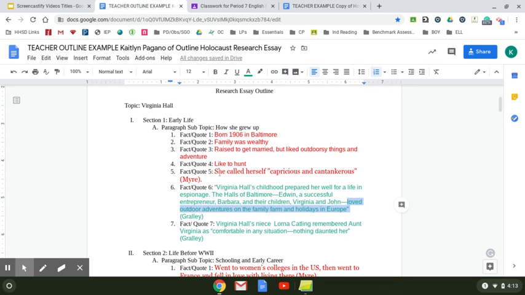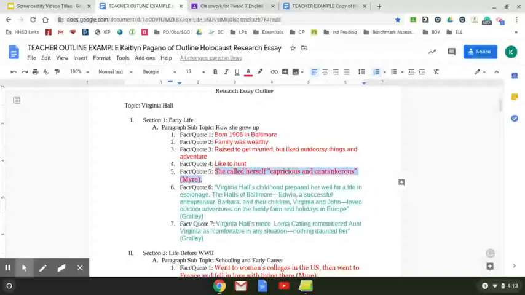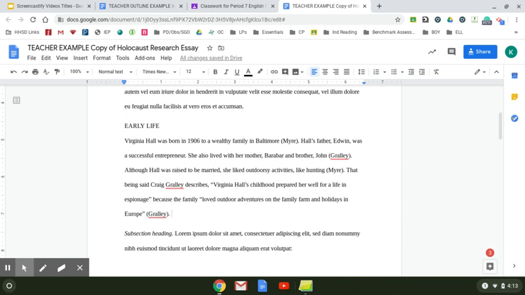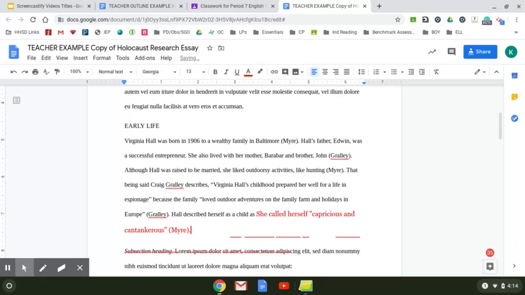Now I've used most of my details, but I would like to put in this detail and this detail, which are both quotes. So first I'm going to put this one in. Hall described herself as a child as, and then I just need the part that I quoted, "capricious and cantankerous."